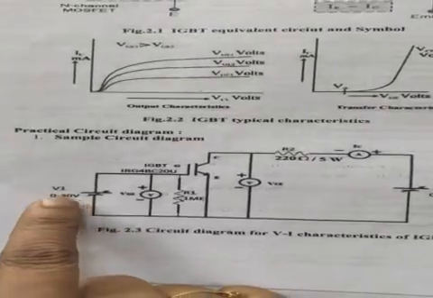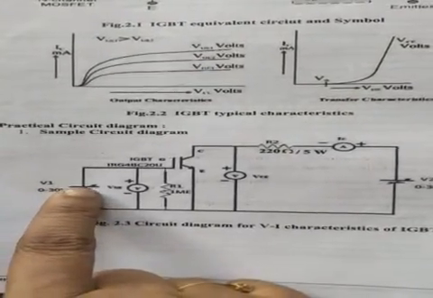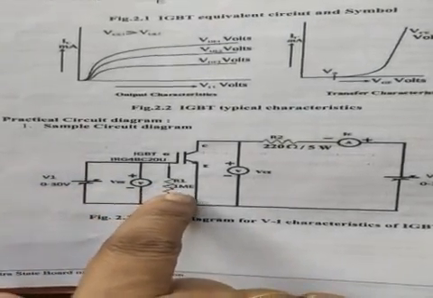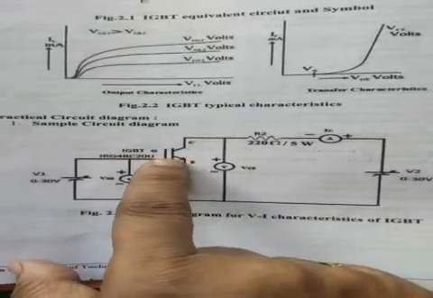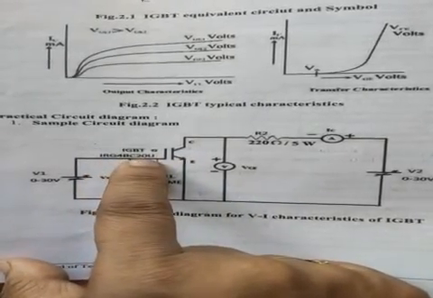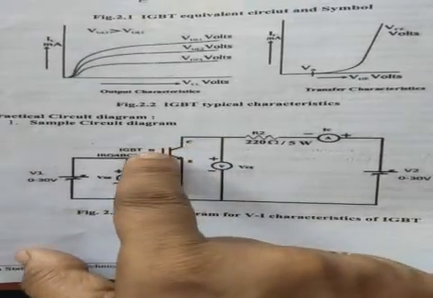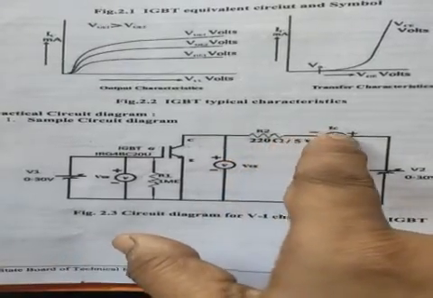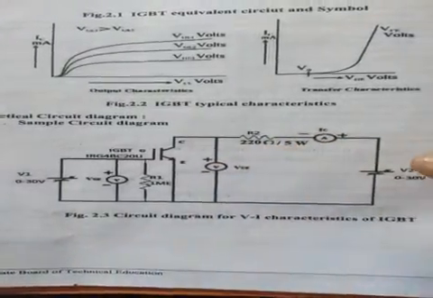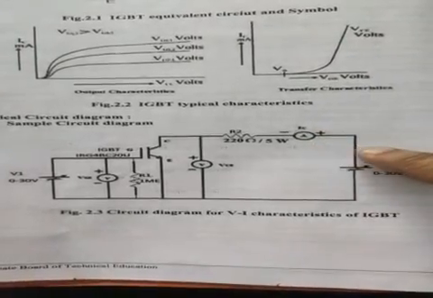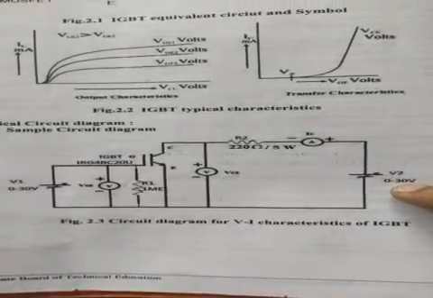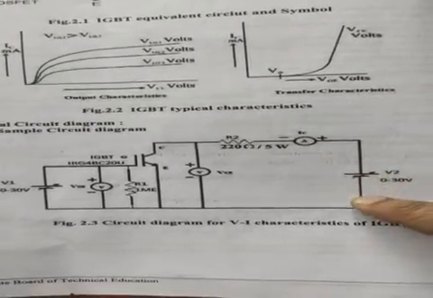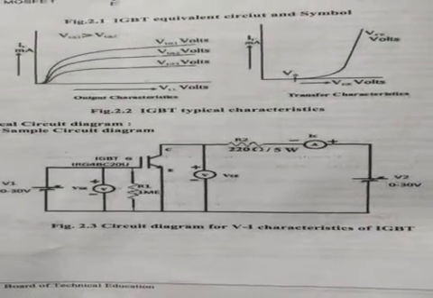In this, we are giving a 0 to 30 volt power supply connected here, V1, then one resistor here, then the IGBT, IRG4BC20U, is connected here with collector, gate and emitter terminals, then R2 resistor 220 ohm. Then here we are connecting the current meter, then a variable voltage V2 power supply. This is the circuit diagram of our circuit.